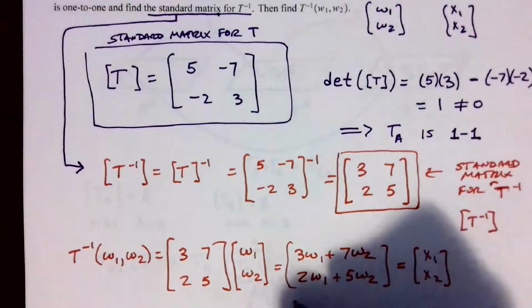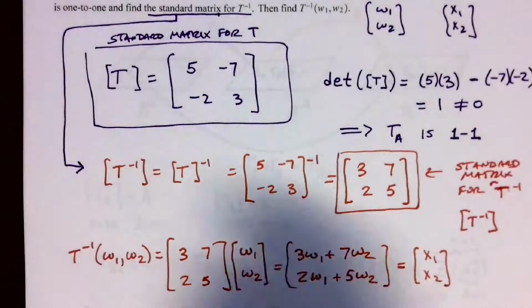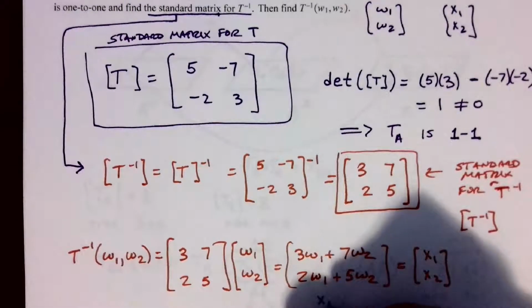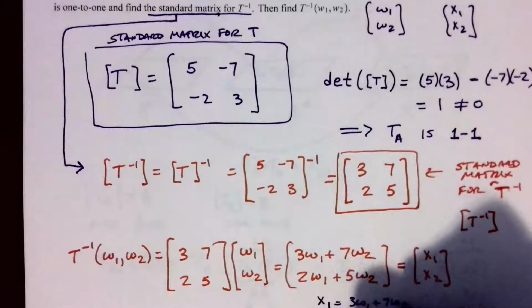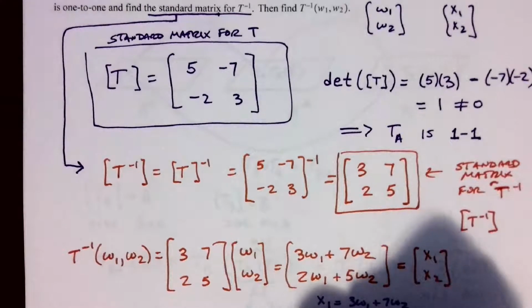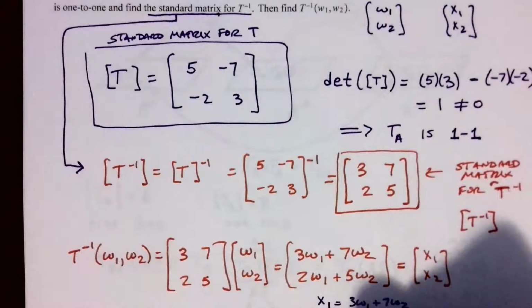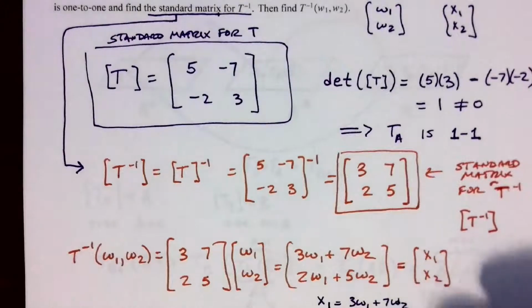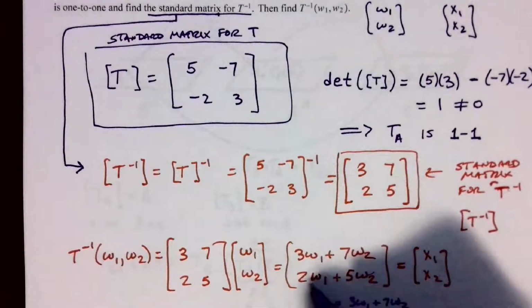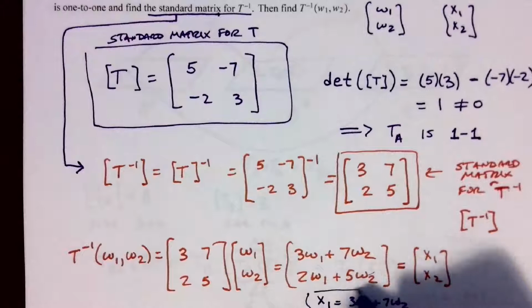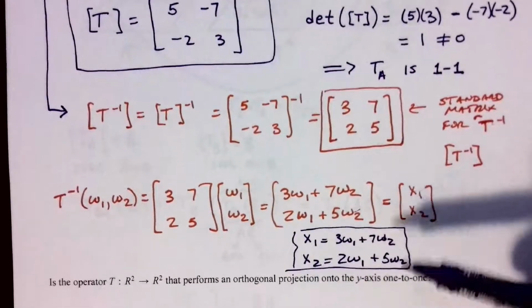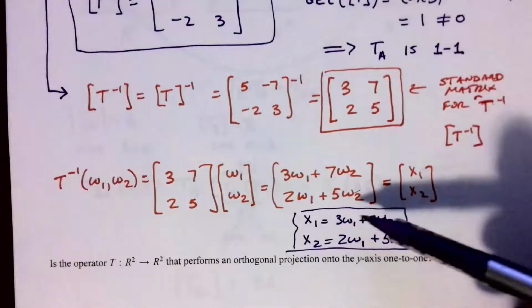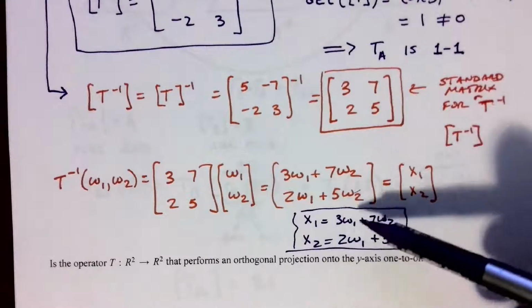And so notice we get this system of linear equations. X1 is 3W1 plus 7W2, and X2 is 2W1 plus 5W2. Okay. So this is the answer to what we were looking for, but I want to write it in this form, and this is important. So what we're saying is, sorry, I was off the screen there, but what we're saying is this is how we undo, in a sense, the